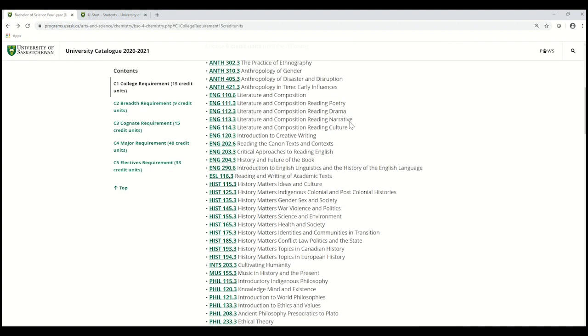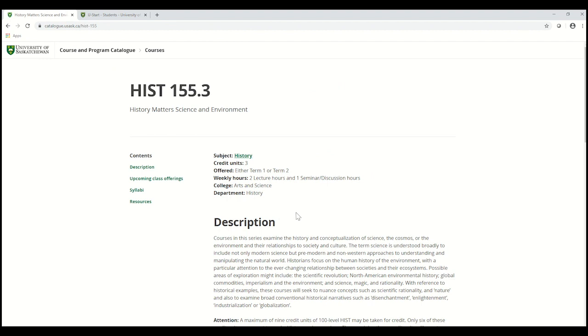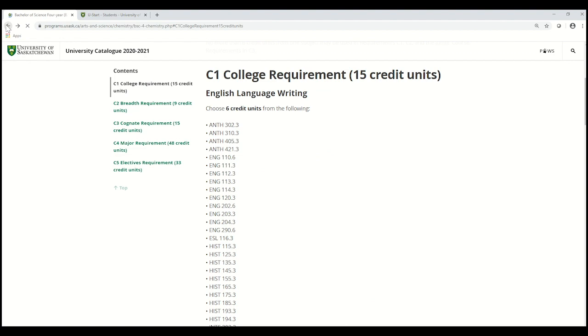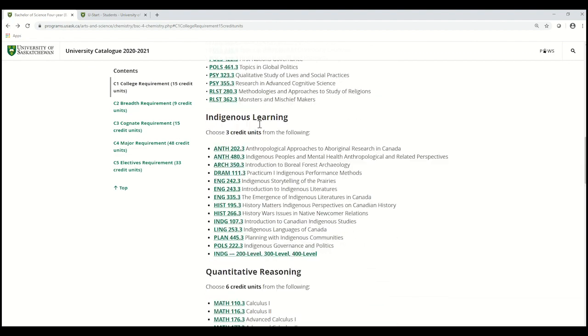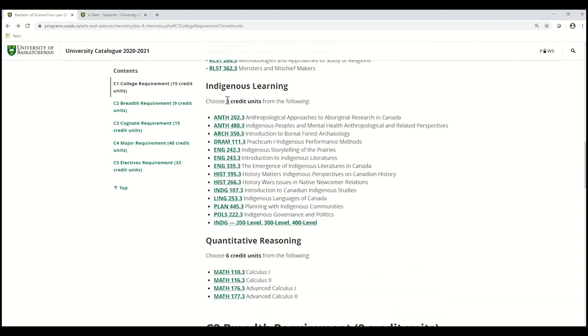Alternatively, you might choose two 3 credit unit classes. Maybe History Matters, Science and Environment. That could be relevant to a chemistry major. Next, let's look at the Indigenous learning requirement. You'll need 3 credit